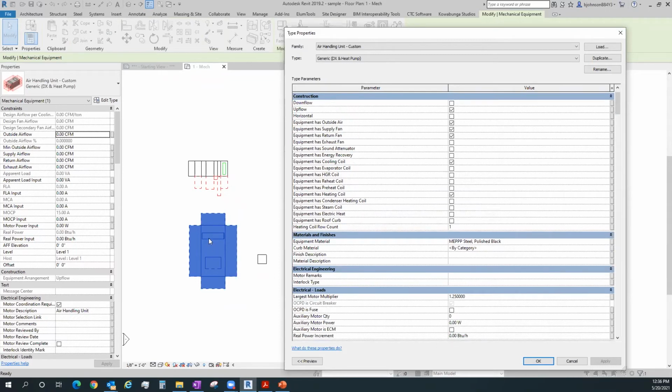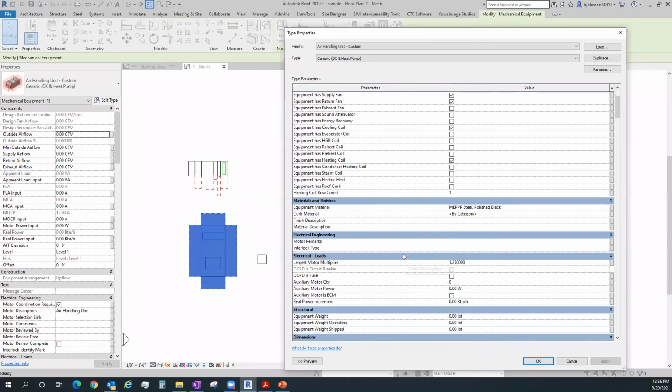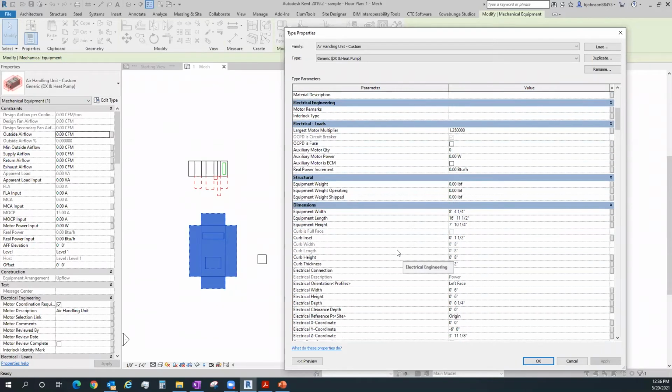So this one air handler is, I would say, kind of overthought more than anything else. It has every bell and whistle you could possibly think of in it, and you can turn things on and off visibly with checkboxes. But the overall size is dimensional with equipment width, equipment length, and height. So there is a center point of this family right in here. So when you do your insert, it actually comes in there. And then your equipment width and length and height actually stretches away or to that origin point based on the